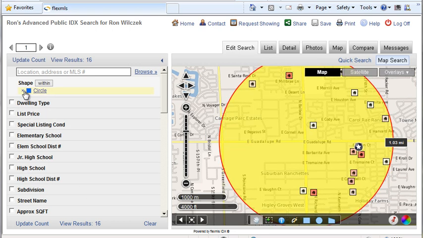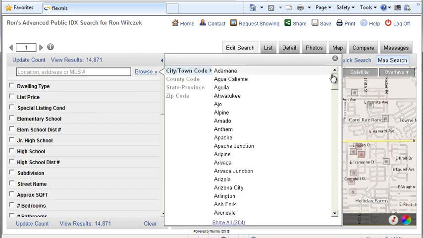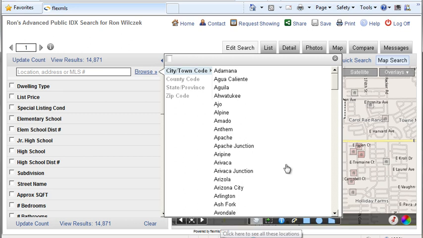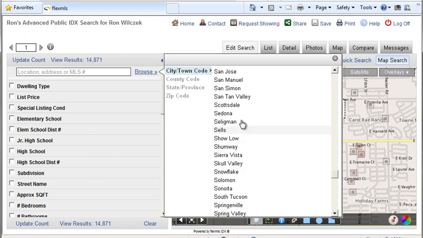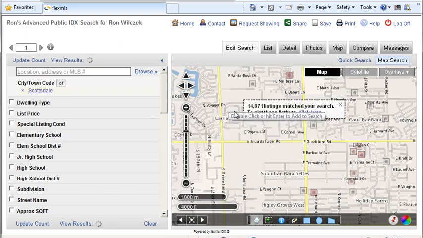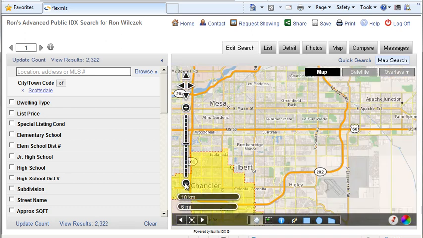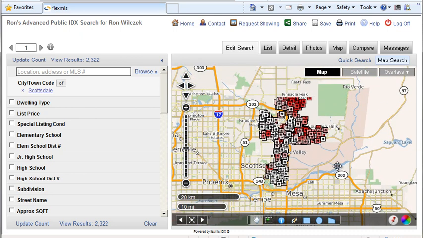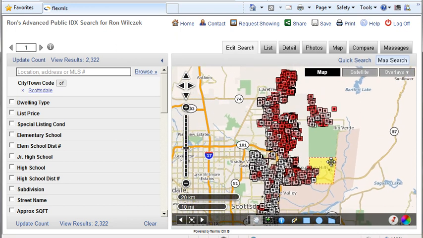Let's go ahead and delete this circle, and we will then browse to the city of Scottsdale. Double click, and there's 2,322 listings that are available in the city of Scottsdale. We're going to plot these listings, and then we're going to zoom out to see them. Here we go. Now, obviously a very big area, lots of homes, so we have a chance to do some